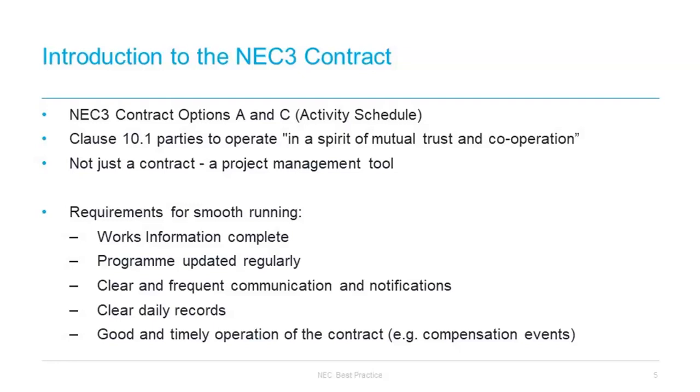Under option C, the activity schedule is also submitted at tender stage. However, the contractor is paid on defined cost plus fee. The purpose of the activity schedule in option A is to calculate monthly payments to the contractor, whereas in option C, the activity schedule is used to calculate the contractor's pain or gain share at the end of the project. Under both of these options, the activity schedule has to be updated and submitted for acceptance if the contractor has changed a planned method of working, so that the activities on the activity schedule no longer relate to the operations on the accepted programme. We will come on to discuss this a bit later on.